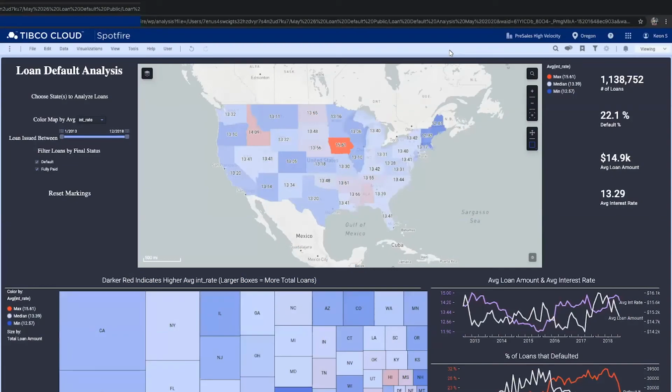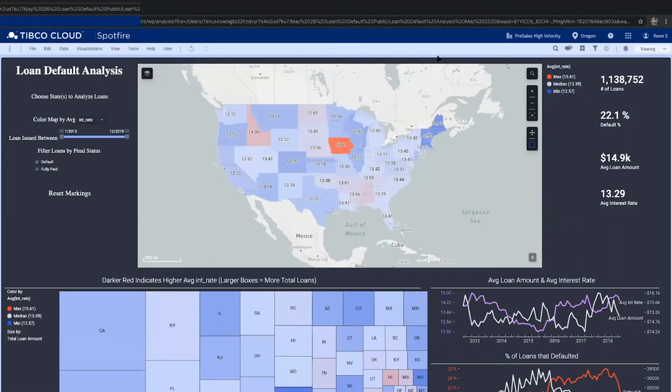Let's take a look at a loan default analysis where we want to learn more about historical loans that we have given out and how we can make predictions about future loans as well. We especially want to take a closer look at the riskier loans based on certain factors like average loan amount, average interest rate, and average debt to income ratio, and a few more variables that we'll look at on the